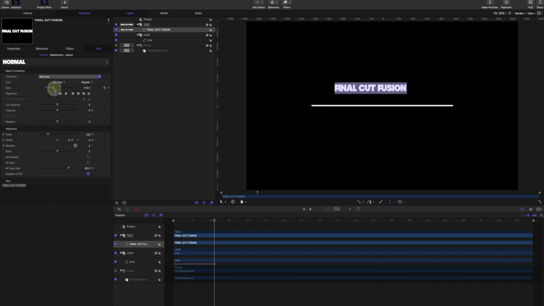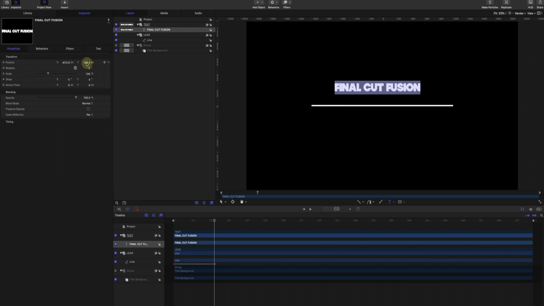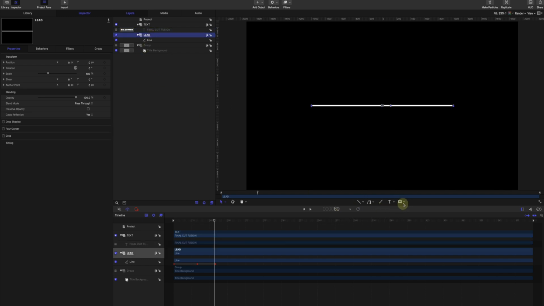Chunky font. Just pick it, but the font is completely up to you guys, and you can choose whatever you like. I just want to play a little bit with the position, come into here, a little bit up, because we need to play with those too, and not more than that, right? A little bit should be okay. Now we're going to turn this one off for now, and I just want to go in and choose our group, and